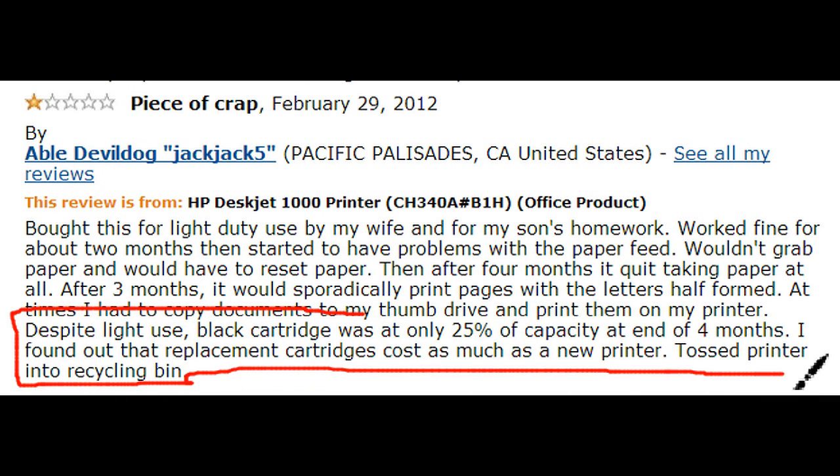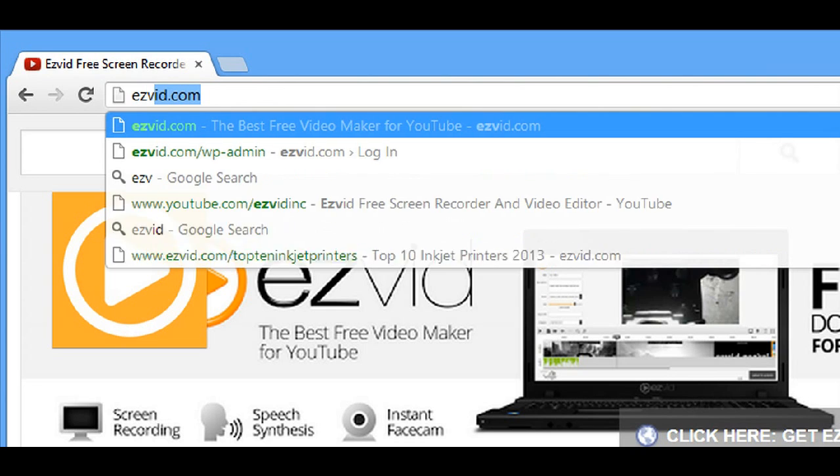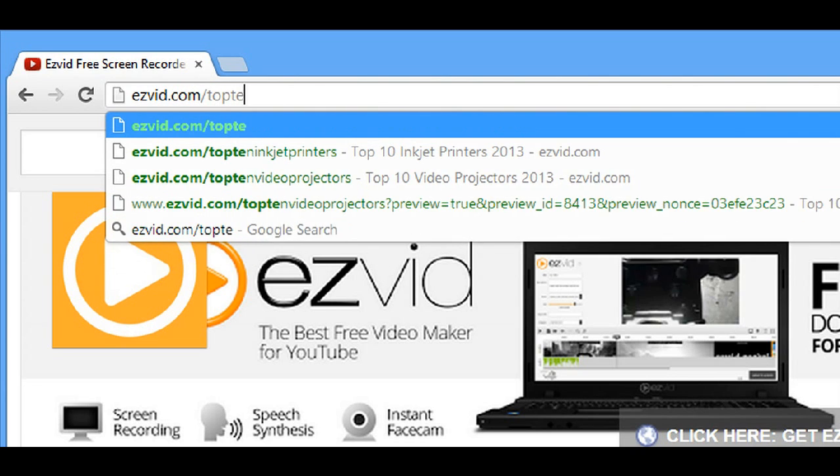I think people just make printing ink cartridges a big stink to begin with. Get over it. Anyway, we still recommend this, especially if you're looking for just a simple printer to get you through the day without breaking the bank. Now let's go back to our list,